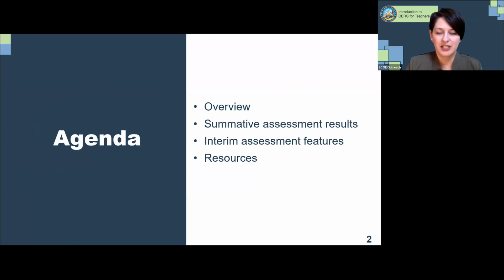Let's start by reviewing our agenda. Today, we're going to cover an overview of CERS, including navigational basics. We're going to go over how to access summative assessment results and what summative assessment features are available for teachers in CERS. We'll take a look at the results features in CERS that are specific to the interim assessments. And please note, we will cover some basic information about the CAASPP and ELPAC interim assessments. However, those have not yet launched. So most of our focus will be on what is available in CERS for the ELA and math interim assessments